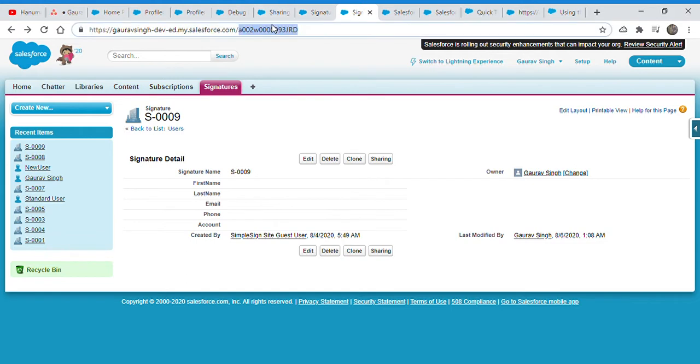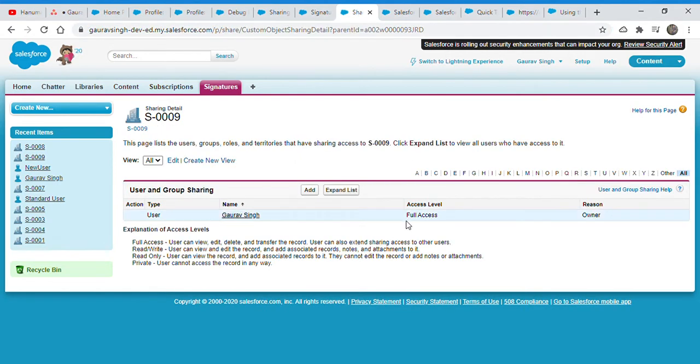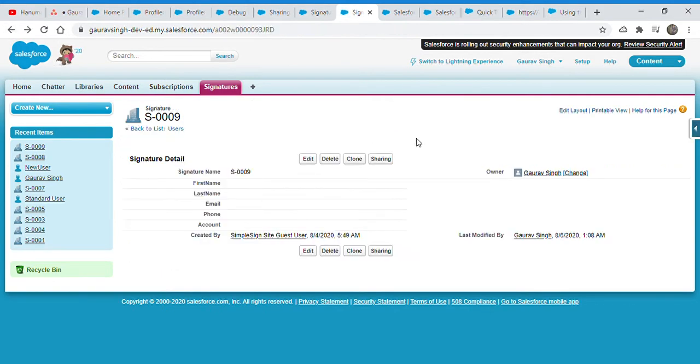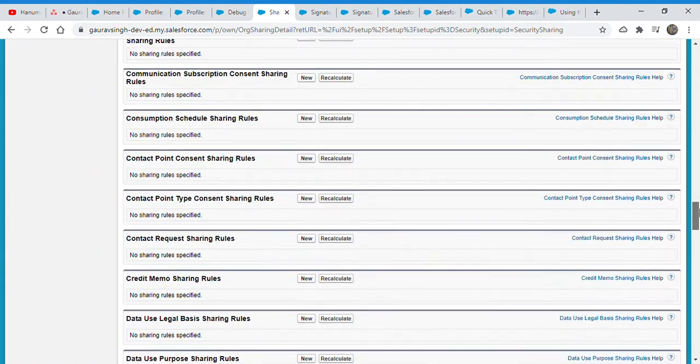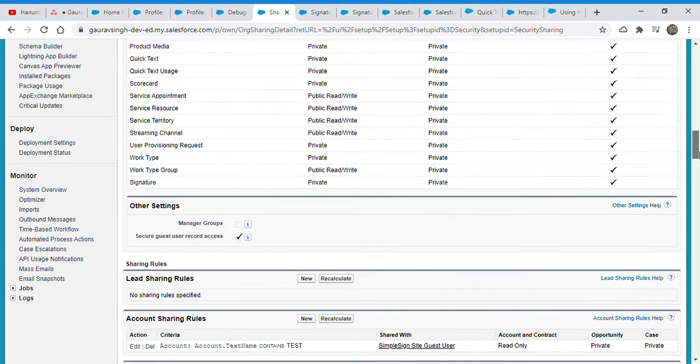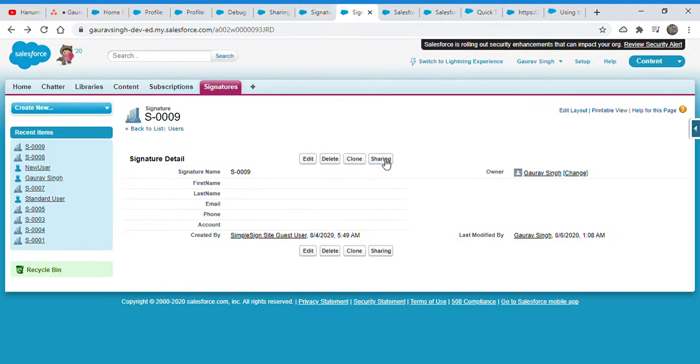And now I am trying with the second signature record, which is owned by Gaurav Singh. If I go to the sharing rule, Gaurav Singh has full access, but the new user does not have any access. And on OWD, the sharing setting is private. If this was public, then we wouldn't need to check the sharing, because there would be no sharing button and everything, since it would be public. So if I test this one,